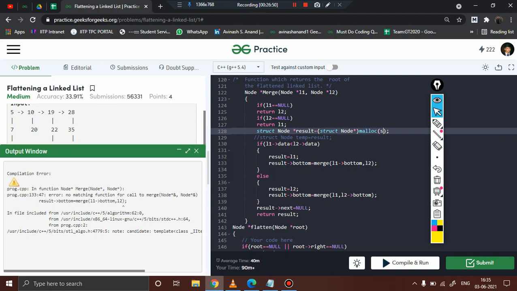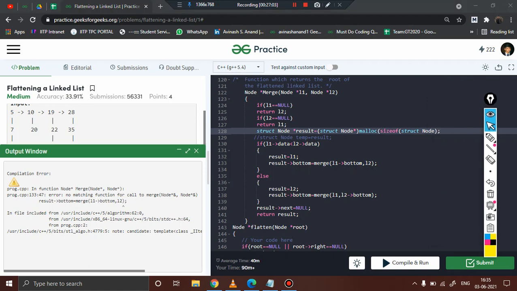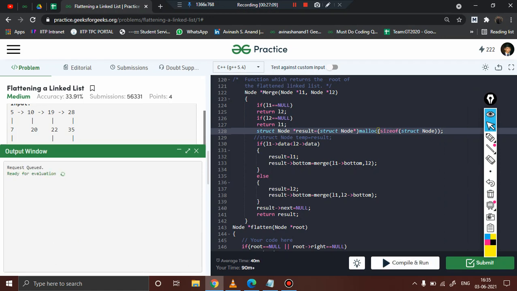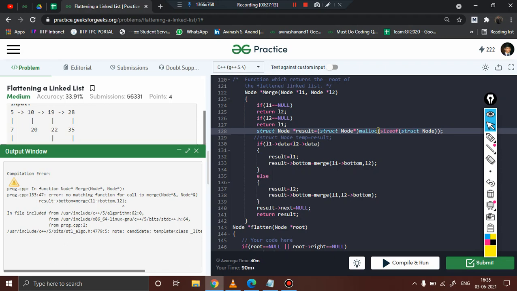Malloc struct node, size of struct node. Right. What's the next error? Result bottom equal to merge. Okay, merge is the function. Okay, let me just write it with a small m.